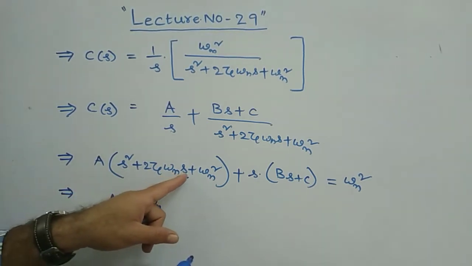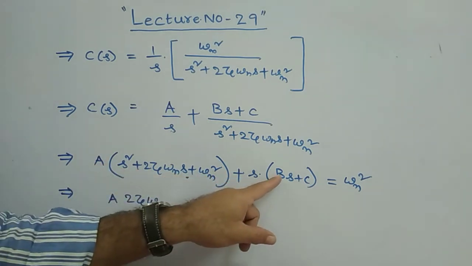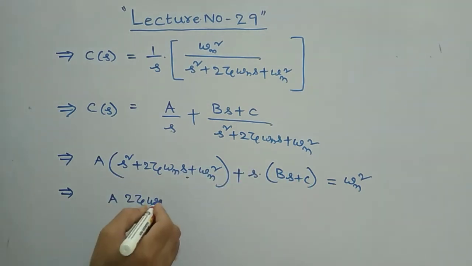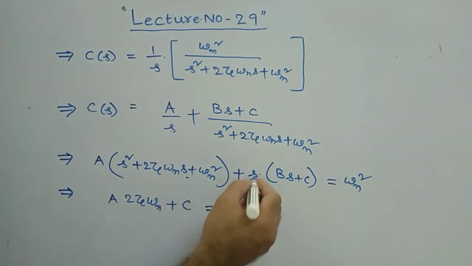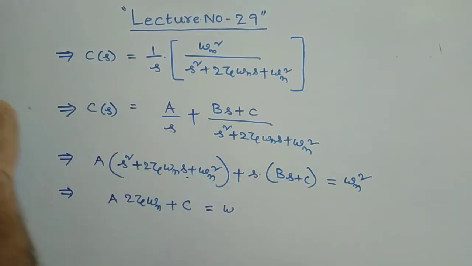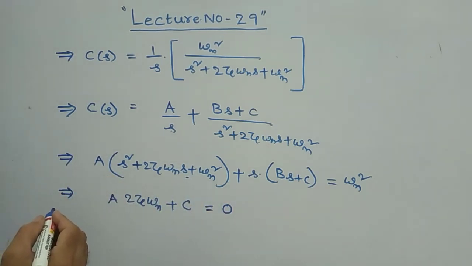And what is the s term here? Here the s term is s into C, so you consider the s coefficient, C. On the right side there is no s term, therefore it is 0. This is equal to